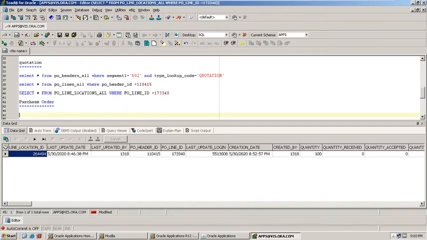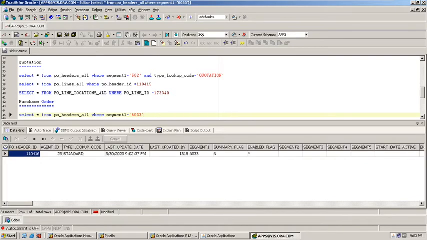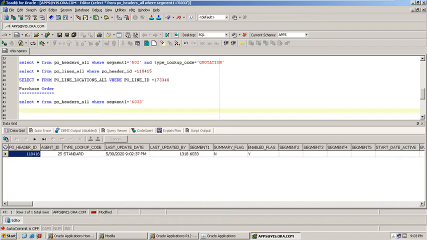Purchase order. What are the tables? Same tables. PO headers all where segment1 equals 6033, and the line level information will be stored in the PO lines all table.